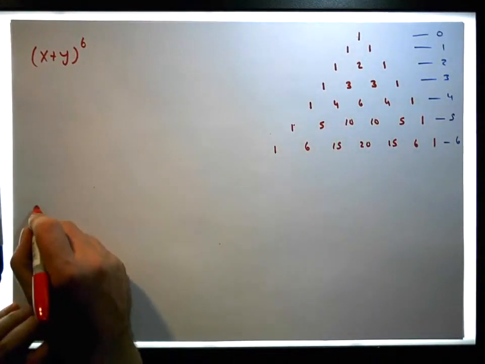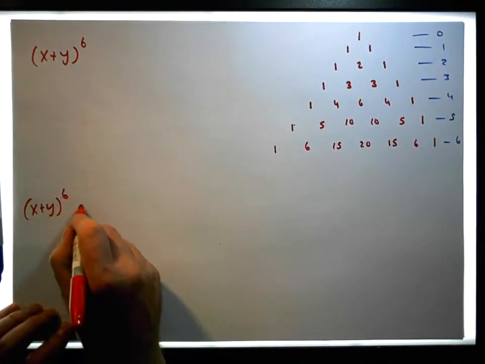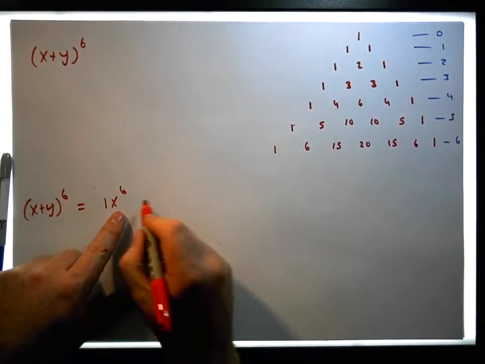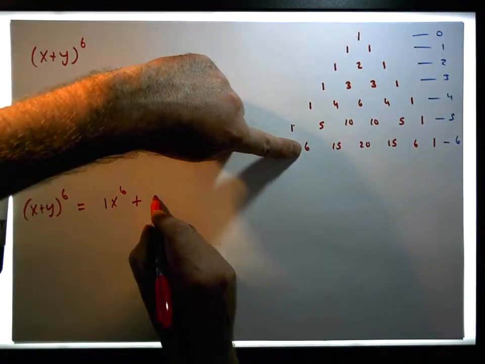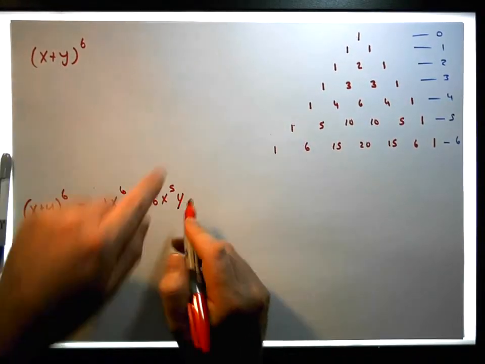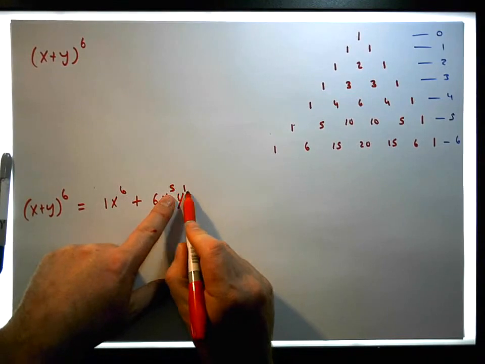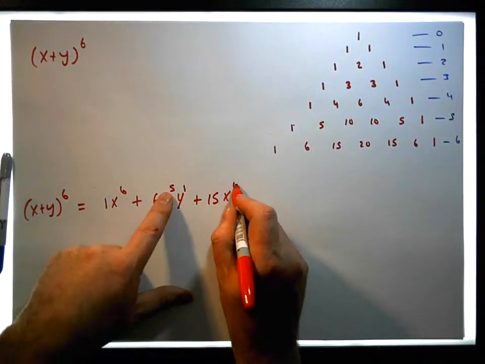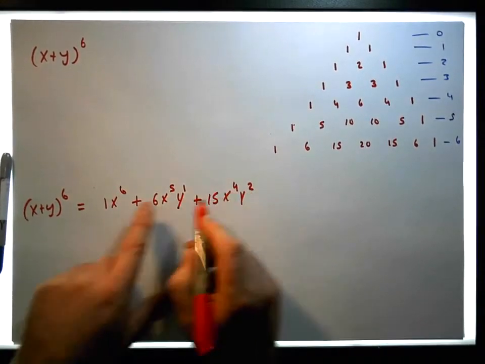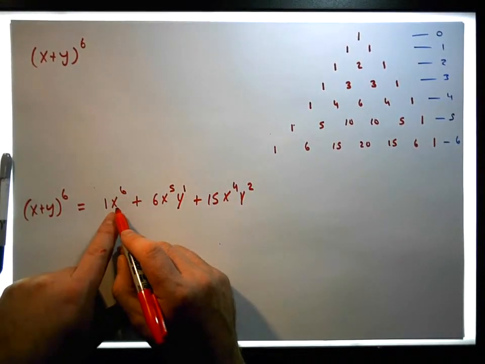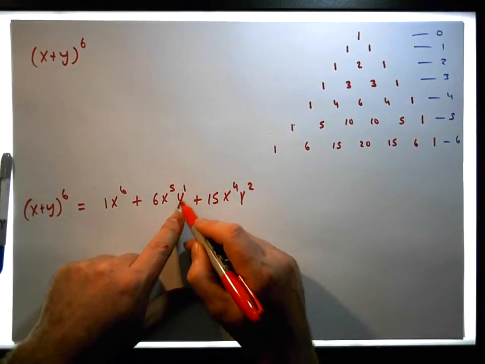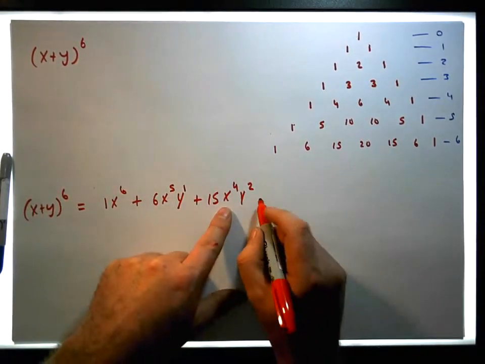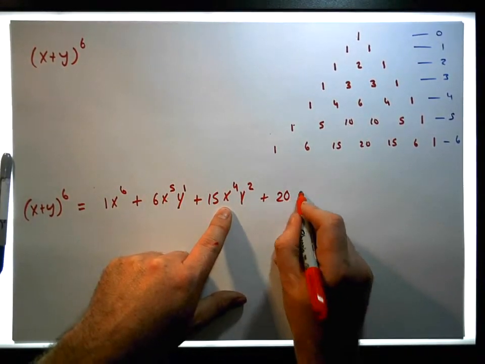So therefore, what I have is that x plus y to the 6 must be equal to 1x to the 6 plus 6x to the 5 times y, because y to the 1, because both of these must add to give 6, plus 15 x to the 4 this time times y squared. You see, both of them are adding. You see the way I'm decrementing the exponent associated with the x, and I'm incrementing the exponent associated with the y, and they're balancing off, so that the sum of them is always equal to 6, plus 20,